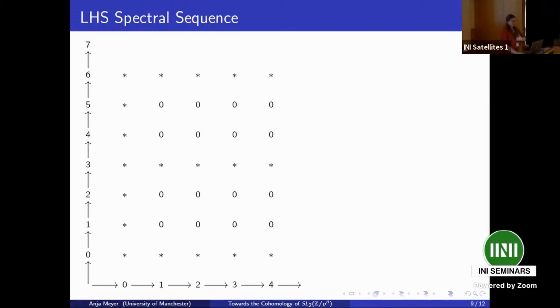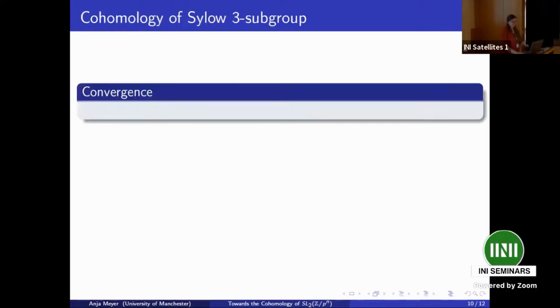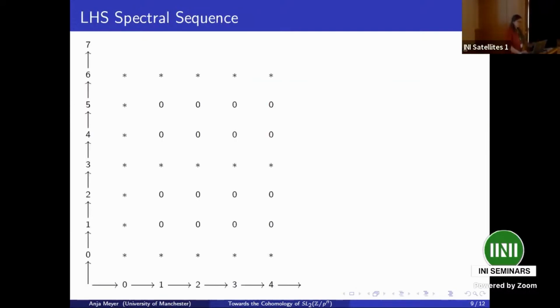Because after we set this E2 page up, we would like to know the actual cohomology of the centipede group. I've advertised the Lyndon-Hochschild-Serre spectral sequence as being a computational tool to find the cohomology of a complicated group by embedding it into a short exact sequence and approximating it by the things on the sides. So I think I need to deliver on my promise. And we actually find through some homological algebra that it collapses at the E2 page, which is great, which is exactly what we want, because then we don't have to do too much work.